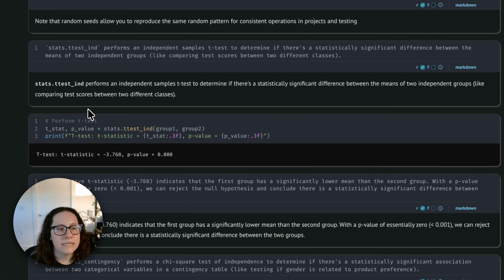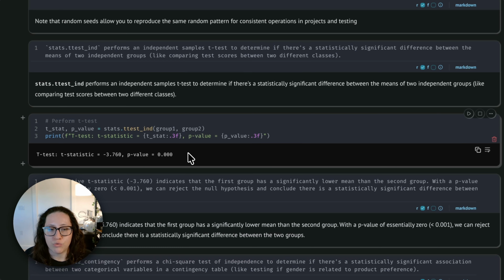In this case, the t-statistic is really just measuring the difference between the 2 sample means, so the statistics of group 1 and group 2, and the p-value is measuring what is the likelihood that the null hypothesis would be true given the results that we have. This really low p-value here is telling us that basically the null hypothesis, which in this case would be that the groups are the same, that null hypothesis is really, really unlikely to be true given the drastic result of